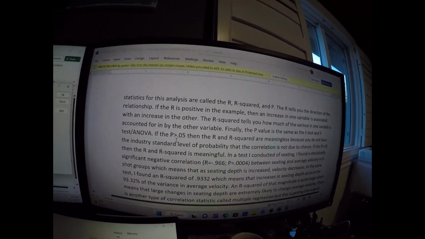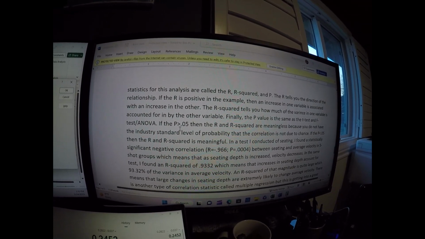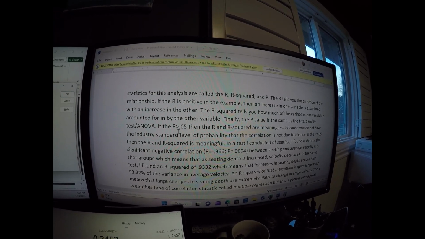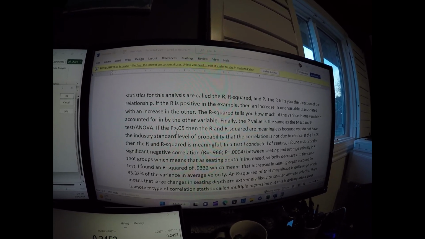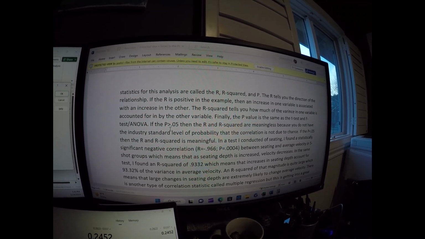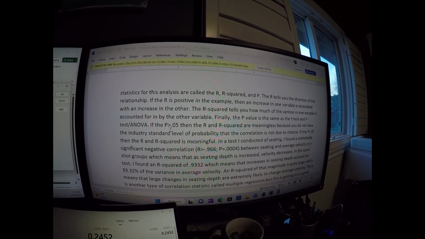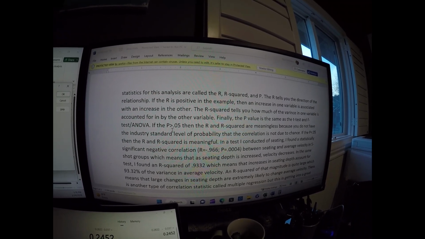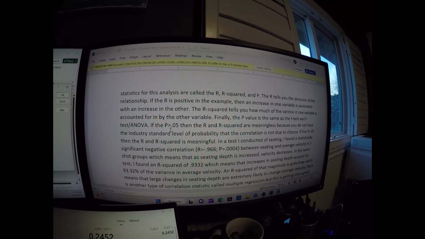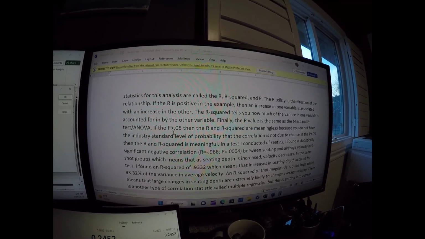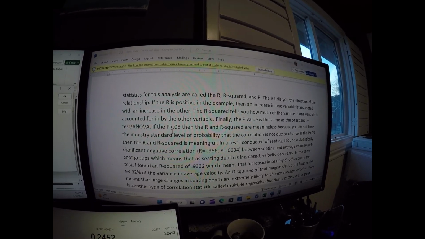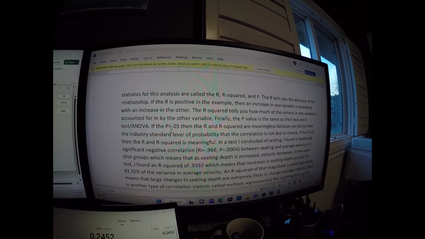The statistics that are important in this analysis are the R, the R squared, and the p-value. The R tells you the direction of the relationship between the variables. If the R is positive, then an increase in one variable is associated with an increase in the other. The R squared tells you how much of the variance in one variable is accounted for by the other variable. And finally, the p-value is the same as the t-test or F-test in ANOVA, where if the p-value is less than 0.05,